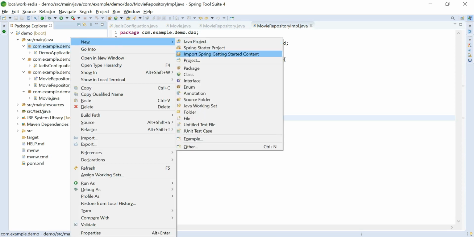Now we need to create some service which will serve our controller.